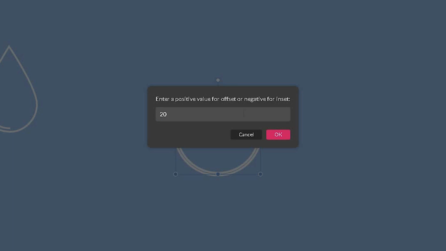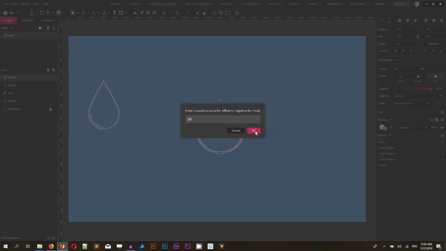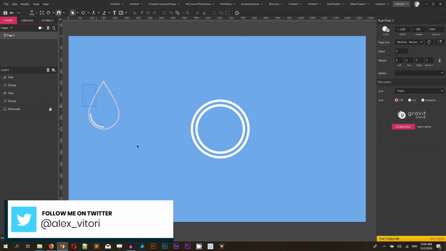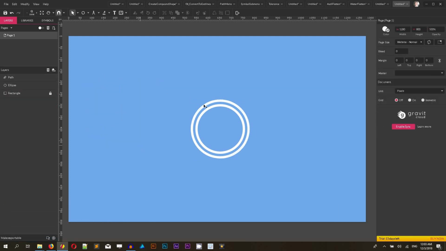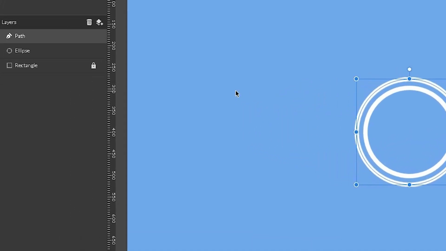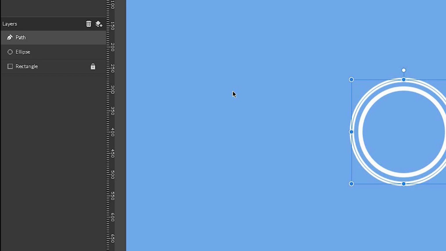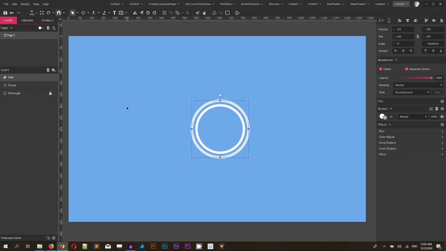So I'm working with a positive 20 pixels, because the size of my border is 10 pixels, so it's 5 from each side. It will be fairly enough to introduce this space between these two circles. Okay, click OK. Let me delete this reference. Notice that the product of this expand shrink manipulation is a path, not a shape, and this is exactly what